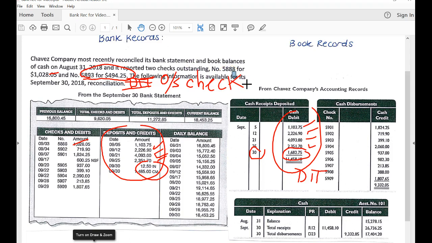Okay, you're going to do the same thing with the checks. I'll start you off and you can finish up. So on the check side, the first one that we see is one for $719.90. It has cleared the bank, so check them off. The next one we see is $1824.25 in our records and on the bank records. Check them off. You're going to continue to do that on a line item by line item basis until you've